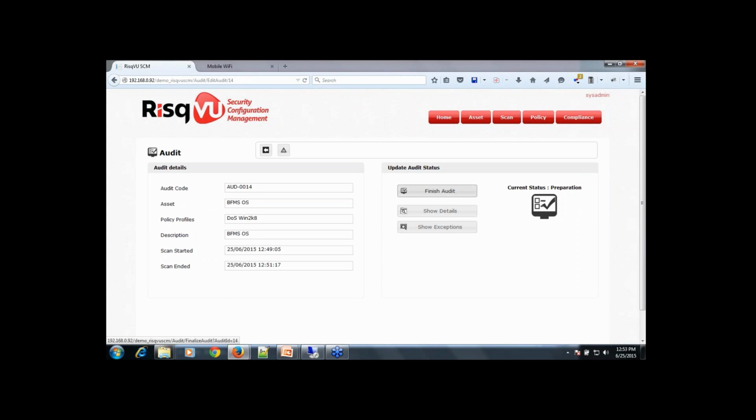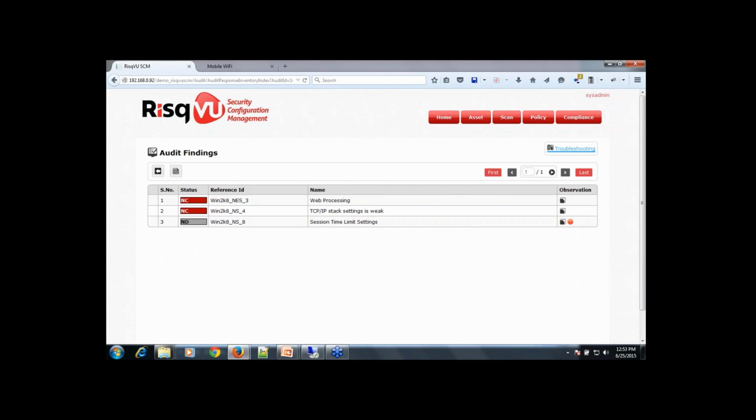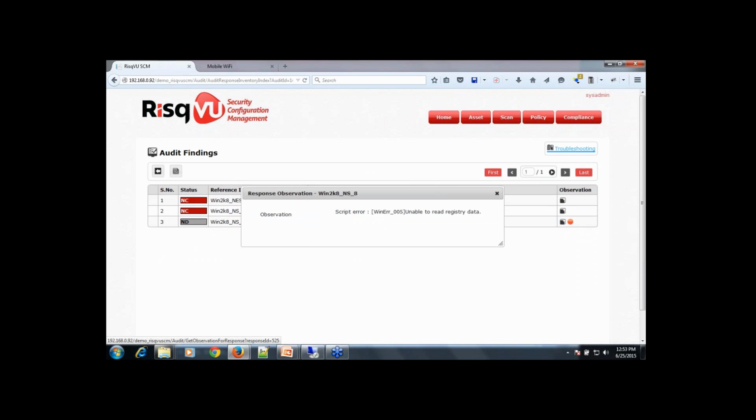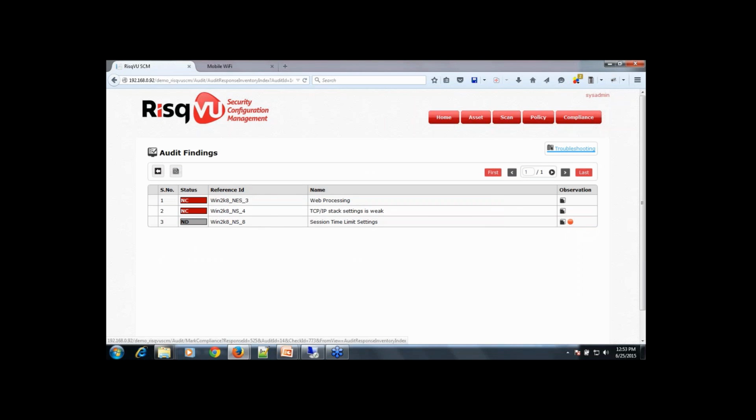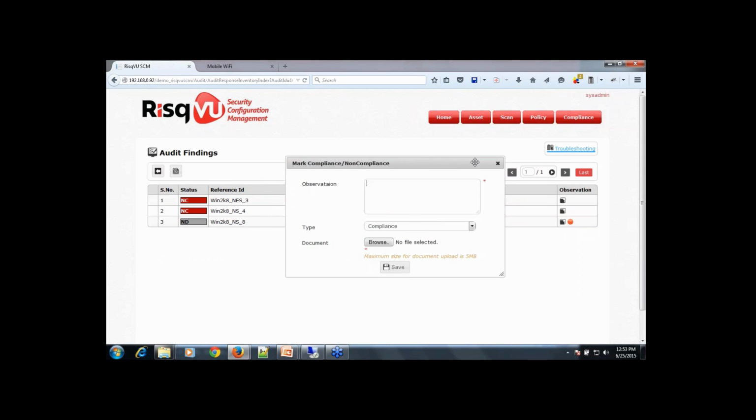This is a place where I can do a bit of adjustment. For example, this particular check is non-determined, session time limit settings, and the observation is that the system was not able to read the registry data. In such an eventuality, you can manually override the compliance.